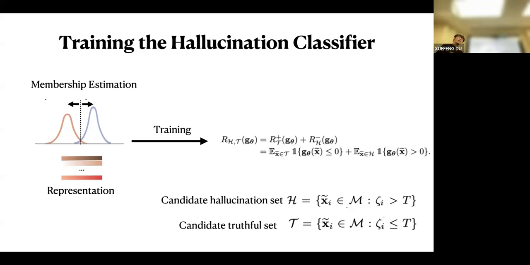So the threshold here is a hyperparameter. You can think of it as just a value. Once we get this value, say a random value, we can get the labeled training set from this unlabeled data set. Based on this threshold, we train a binary classifier on the unlabeled set, and then we test the performance on the validation set.